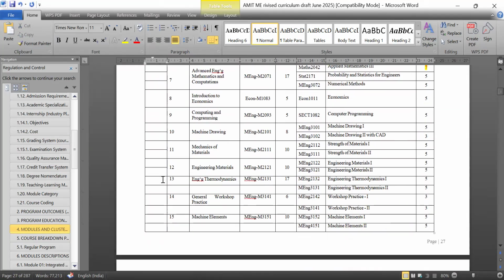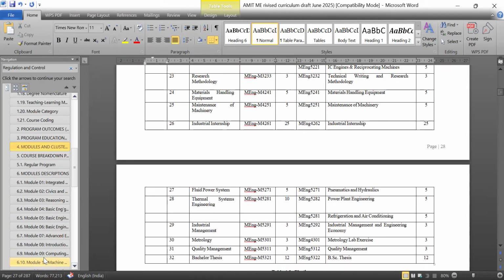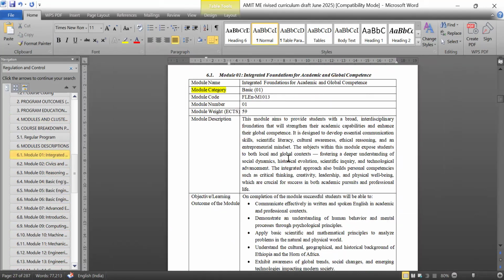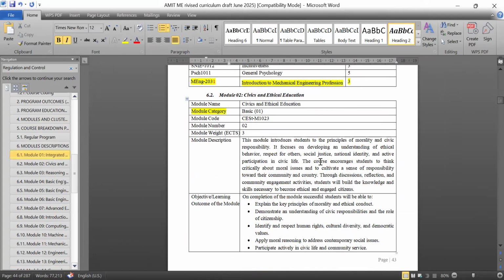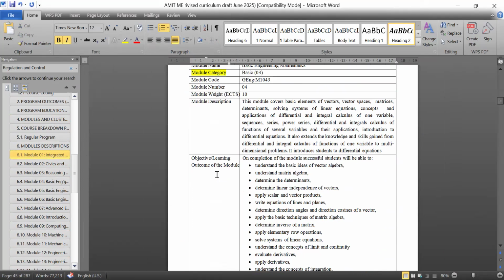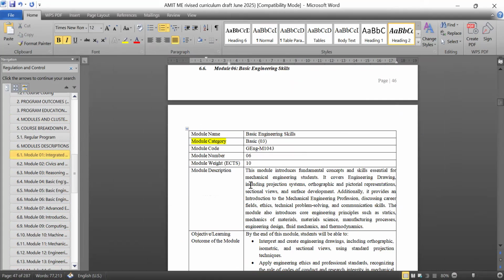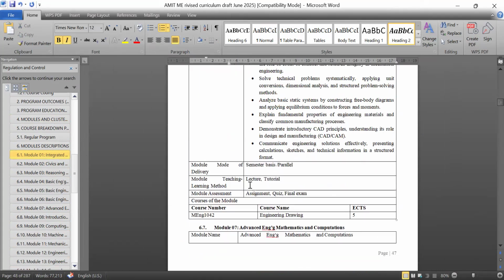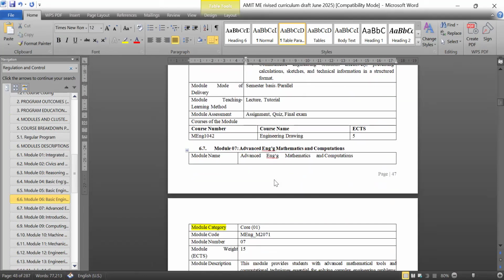So like that, after fixing the category of each module, we can enter here what the category of the module is. So we just go through this one. Here the same yellow color is there, whatever modification I have done. Whatever I highlighted in yellow, you can go through it to see whether it is right or not. The module category we have to change throughout the document. It's not a big change. Only thing is, for example, basic engineering skills will be basic, so we can categorize it as 1 or 3 based upon the committee decision.